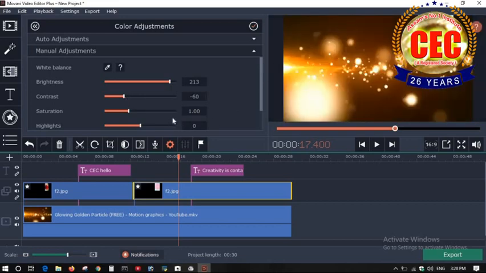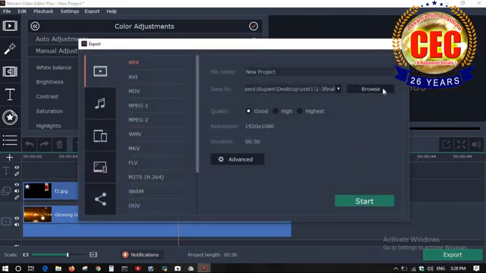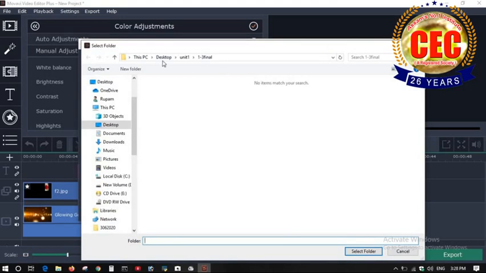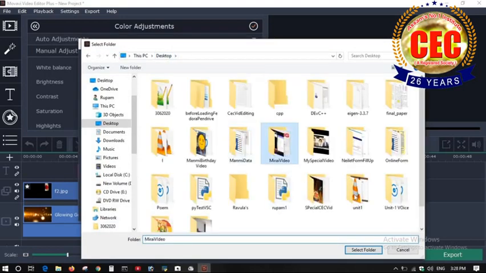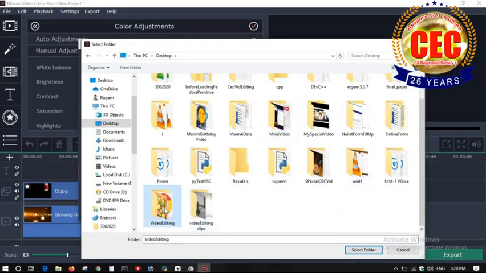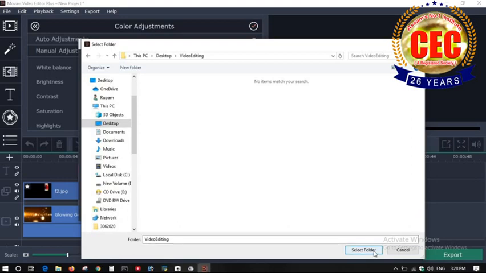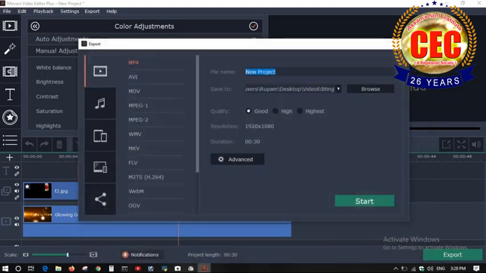So I will show you how to export the video. If you want to save this, how will you save the video? Just click on the Export button. Then select where you want to save. I am saving in the video editing folder. I have selected the folder and given the file name, say test1.